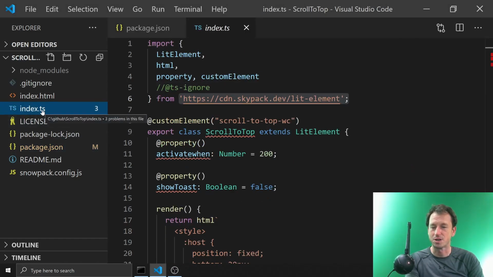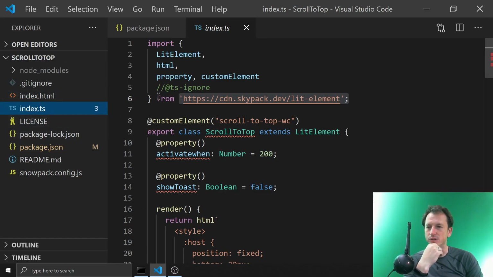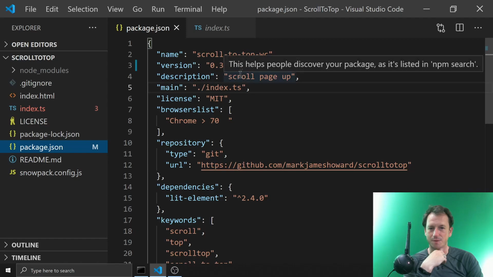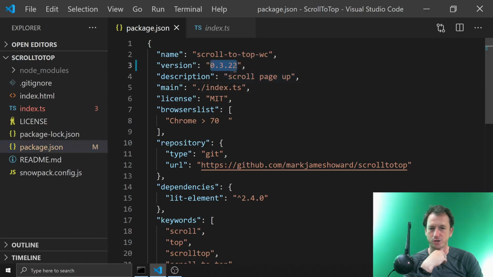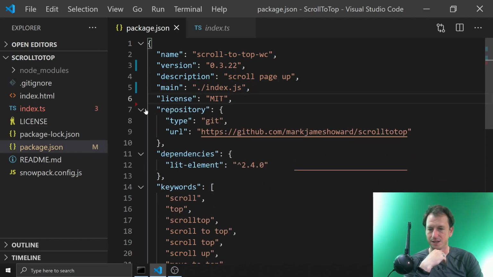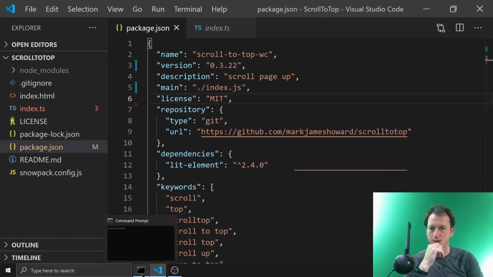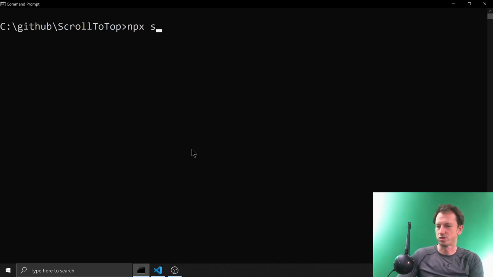So we're using TypeScript here at the moment. I don't want to push that to NPM. I want to push a JavaScript file. So let's give it a go. If I look at my package.json, I've updated this to 22, so I've got a new version. When I push it up, I probably want it to be the JS file in there, and hopefully that's all I need to do. I don't really need a browsers list in here, but what I should be able to do is just run SnowPack build,